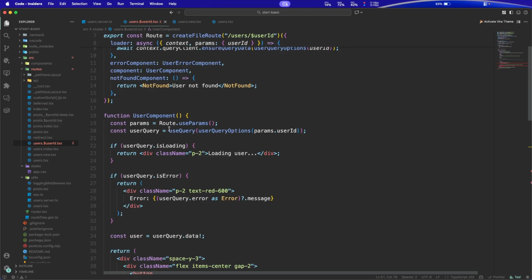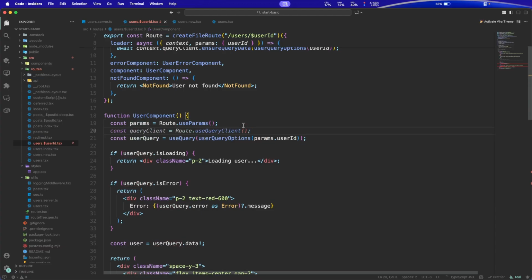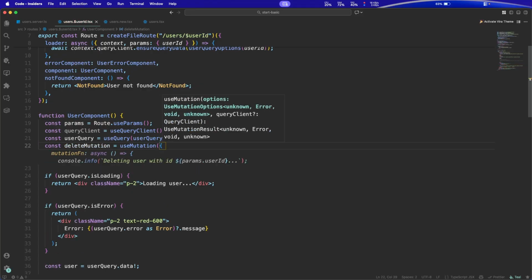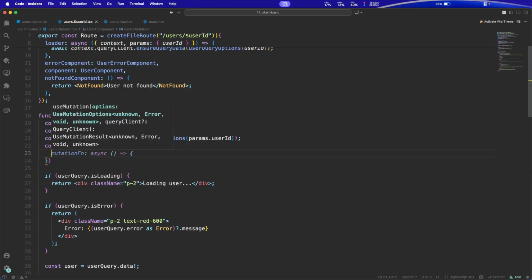coming here, where is our query key? This is our query, right? So this query, we already passed this. So also we need the client. We also need the query client. Okay, so just use it. Query client. Then here const delete mutation from use mutation coming from React router. Sorry, React query. Then in this mutation, the mutation function will be